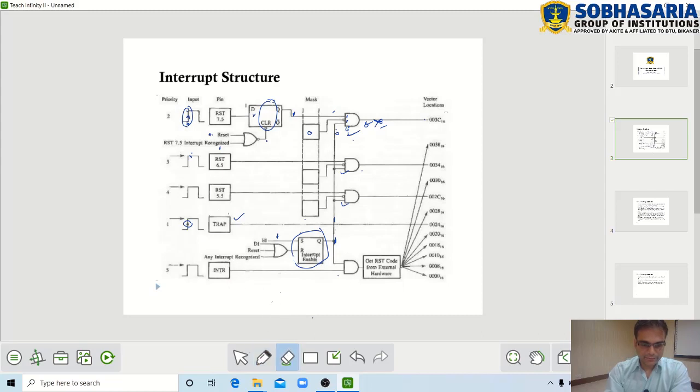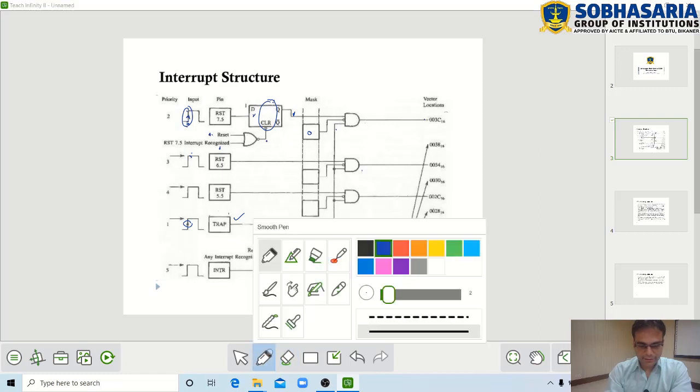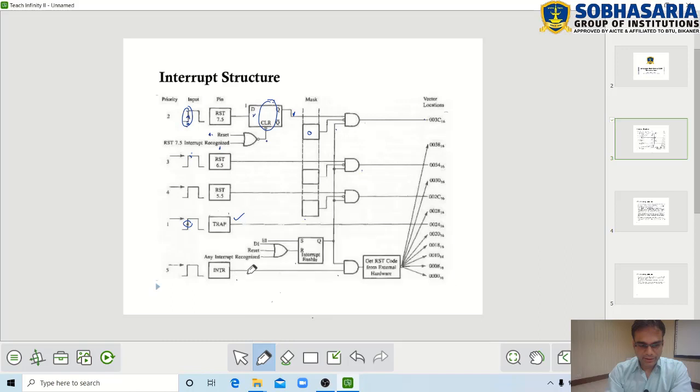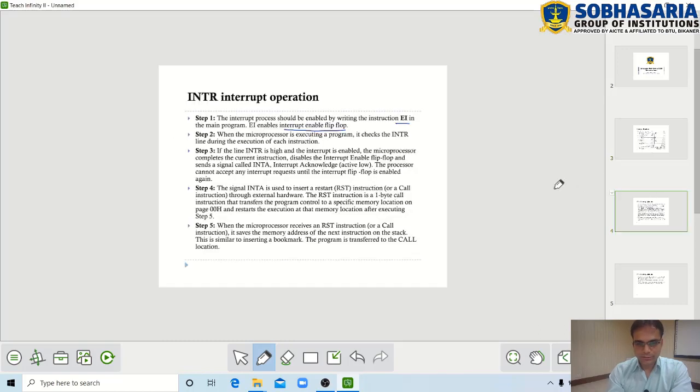Okay, so if this particular flip-flop is enabled, then the INTR is going to be in working status. So EI must be written in the very beginning, in the main program. So EI is written, so the interrupt enable flip-flop is enabled, right? When the microprocessor is executing any program, it checks the INTR line.